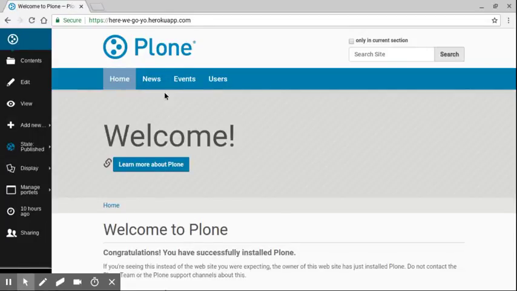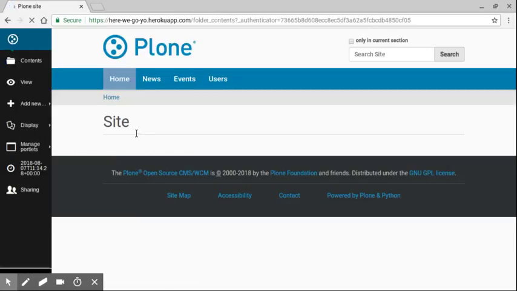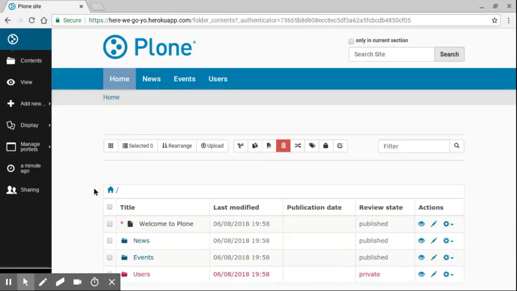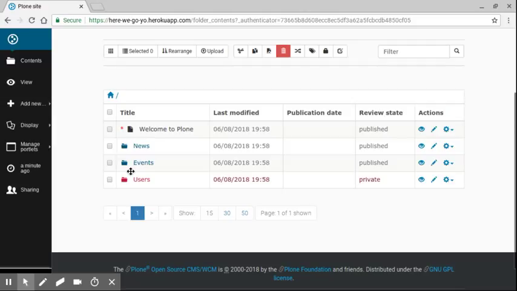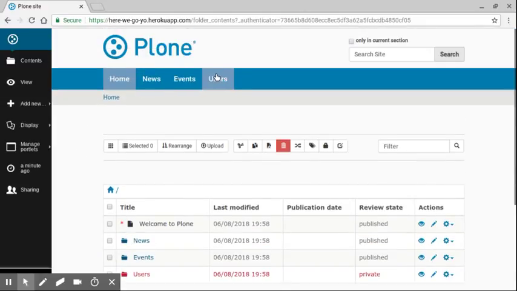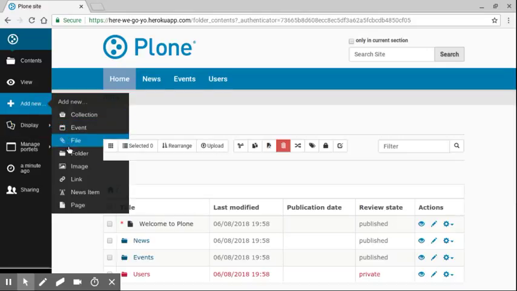This is your navigation bar. And in the Plone world, your navigation bar is a reflection of your content. So you'll notice news, events, users. If I add, say, another folder